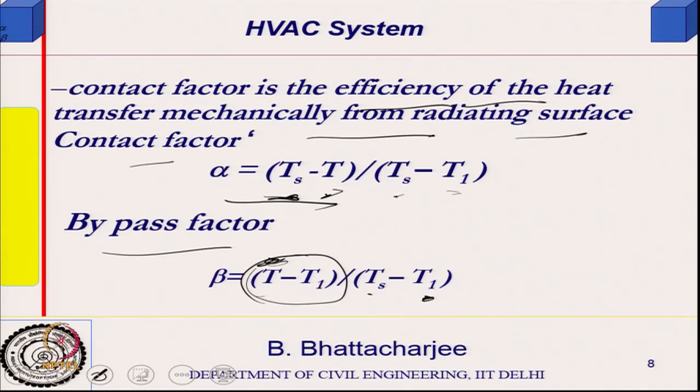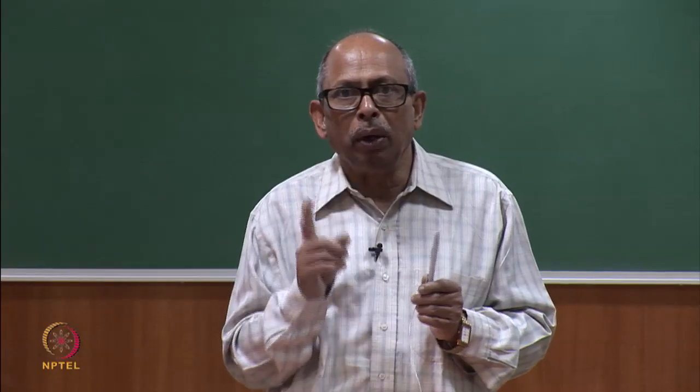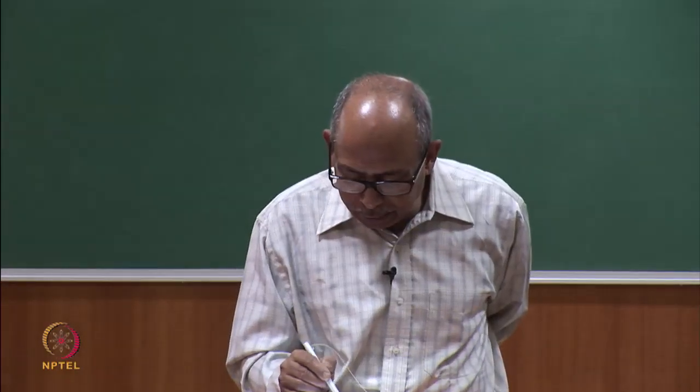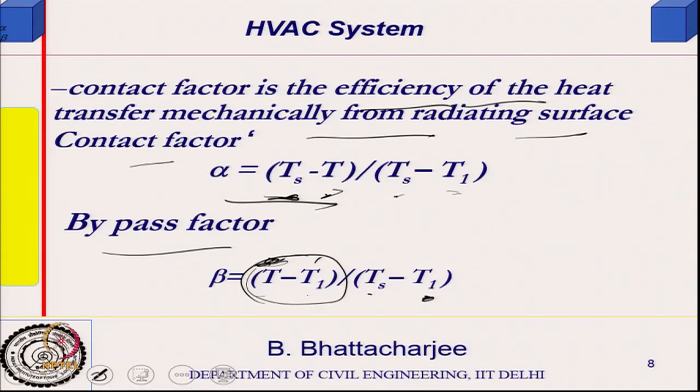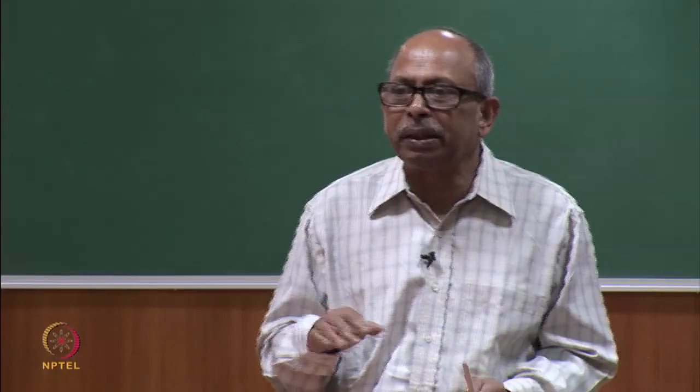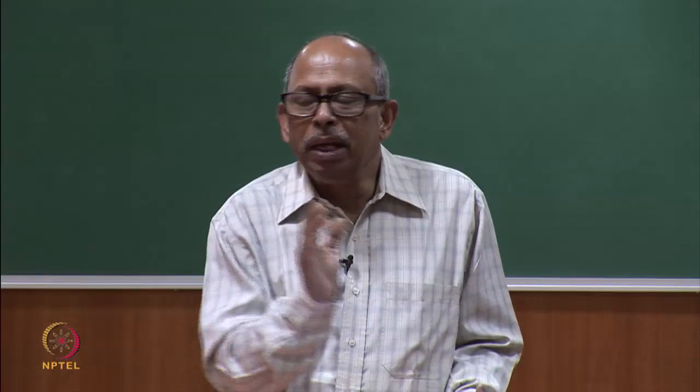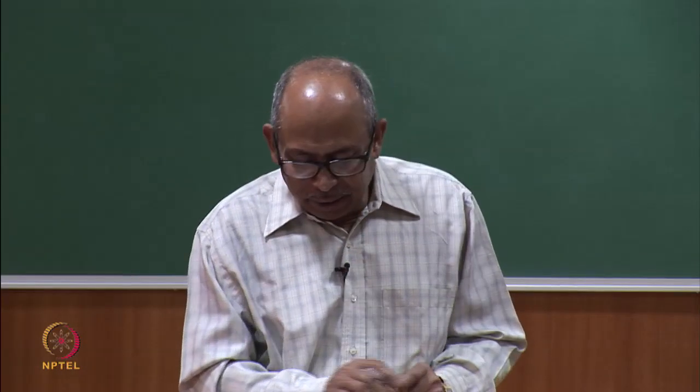If it is a heating system, or a cooling system, in a cooling system the room temperature will be higher and the temperature near the duct will be lower, and near the surface it is the reverse for heating. Yeah, that's right. So in a cooling system, this will be higher, this will be lower. Near the duct, this is what it is. So T, the room temperature, is higher than the near surface temperature.